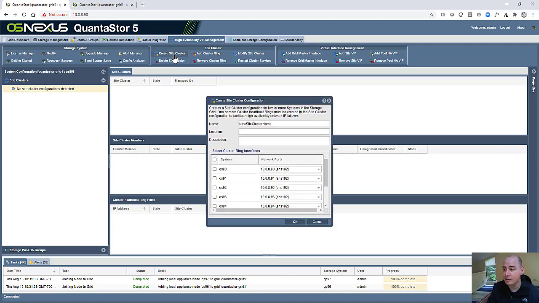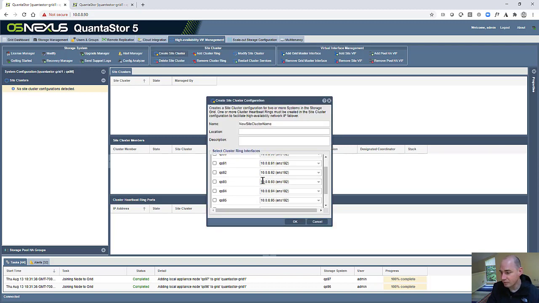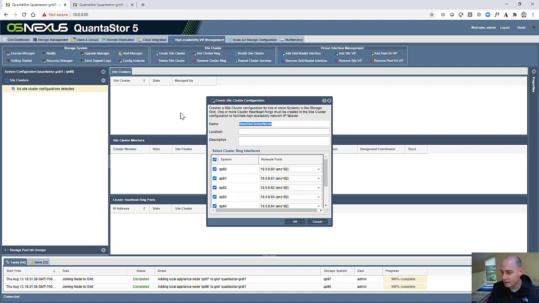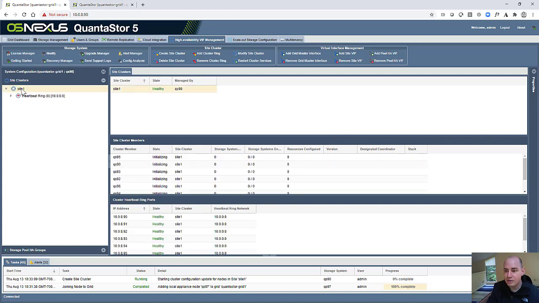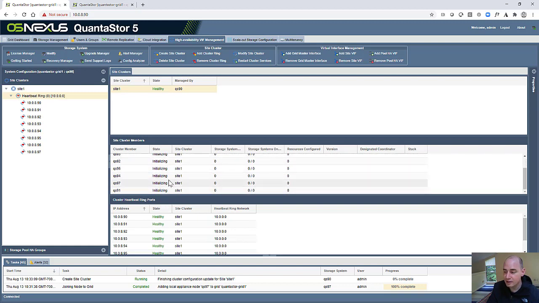You say create site cluster, and we're just going to make it across all the nodes. So I'm just going to select them all, and I'm just going to say this is like site 1, and I'm going to click OK. So this is going through and creating a heartbeat ring that goes across those boxes. And then once this is done initializing and it shows all the boxes as having a healthy state on the cluster's